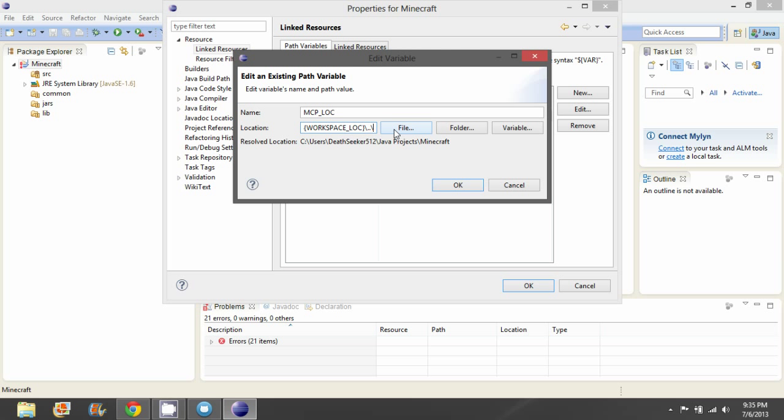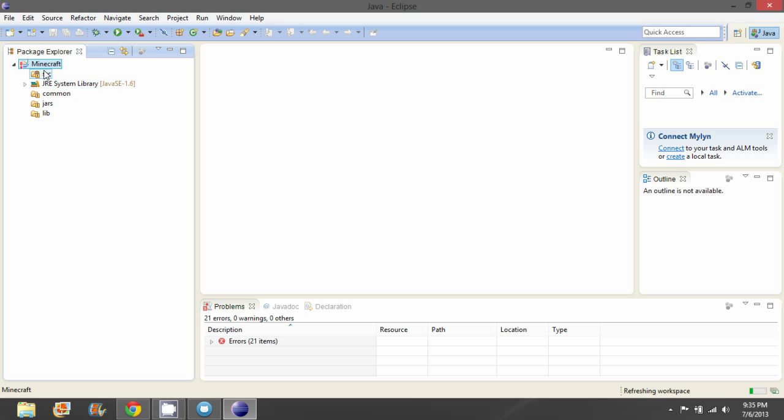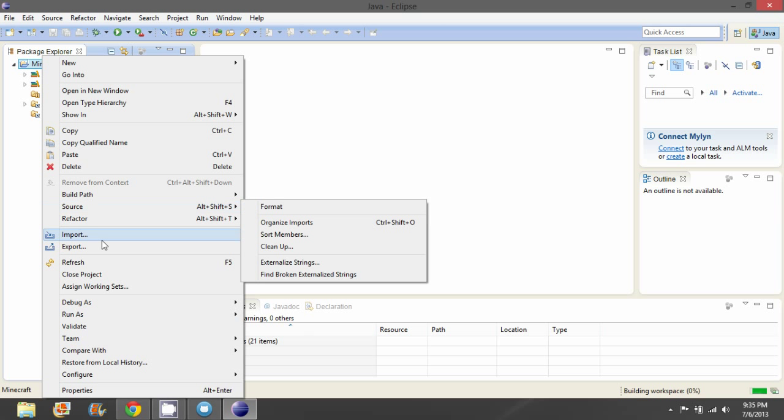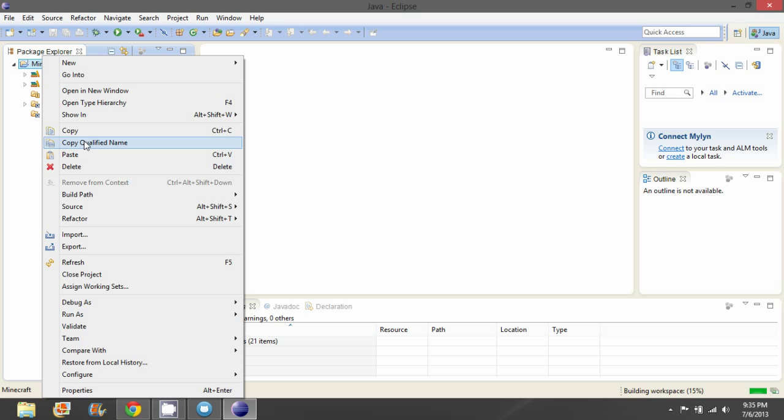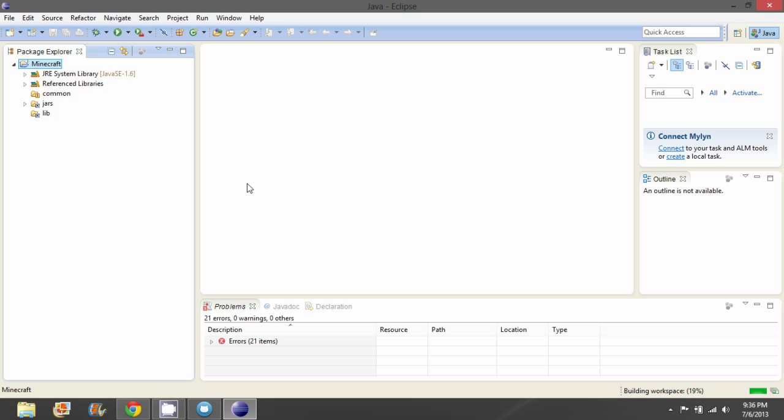From here we go to forge, MCP. And okay, that will fix those issues. So if I hit OK, right click and refresh, and run background. I will be going through setting the rest of this up.